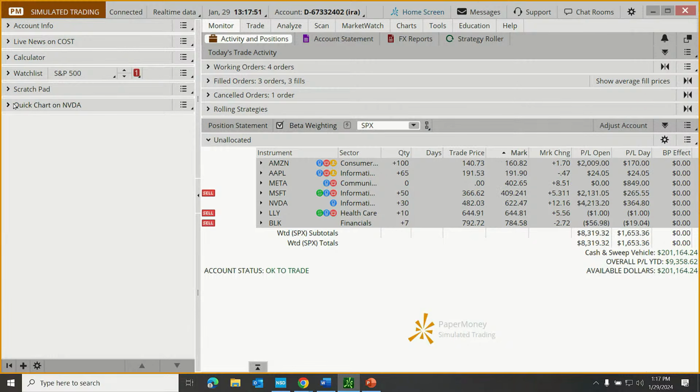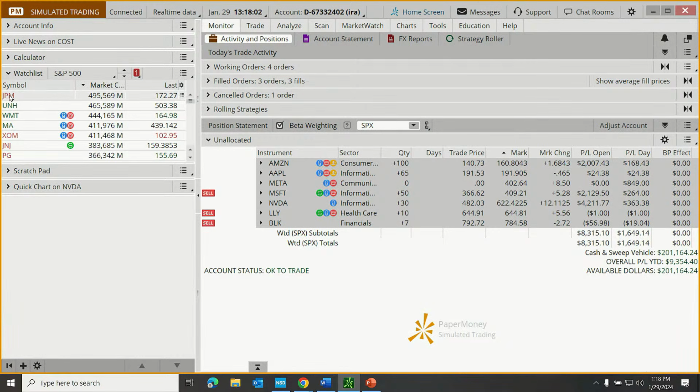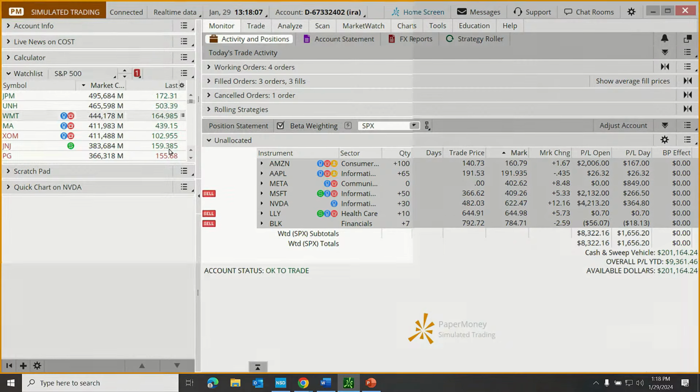Now, these sorts of functions are available on many of the other gadgets in that left column. For example, let's go to our watch list. And within our watch list, this is just a watch list of the S&P 500 component companies.